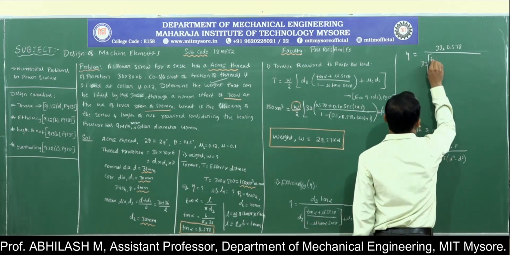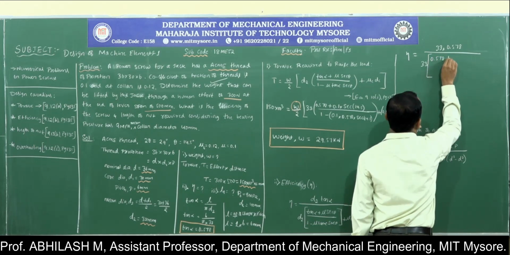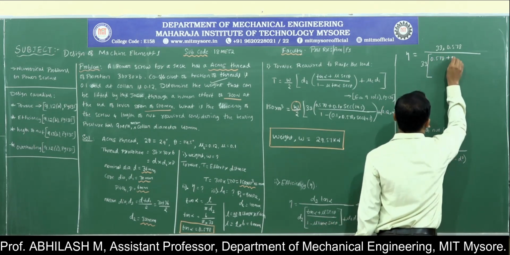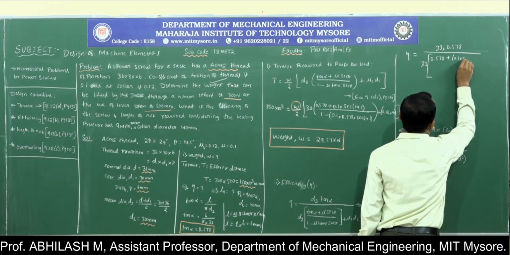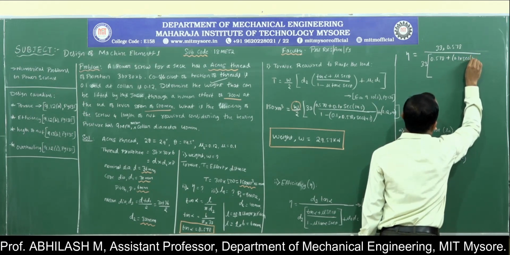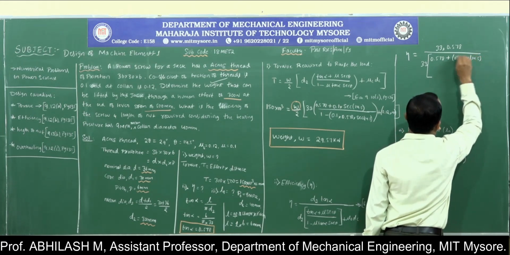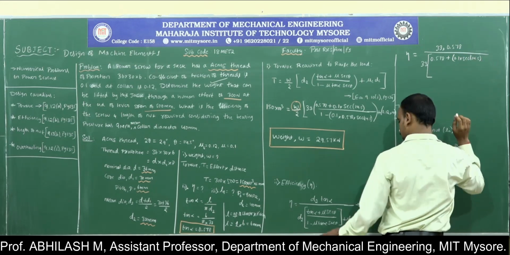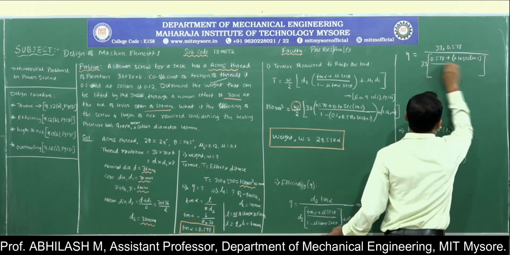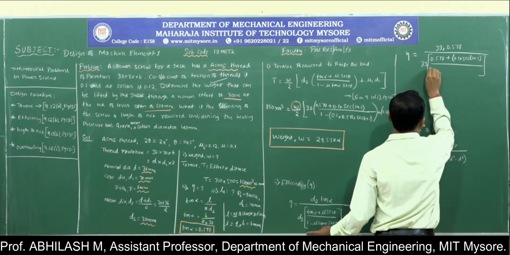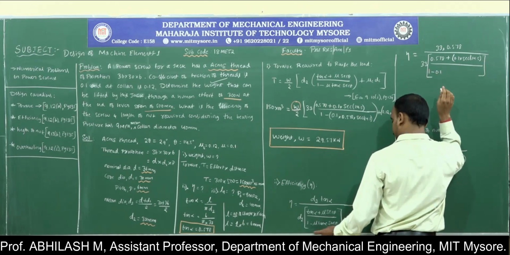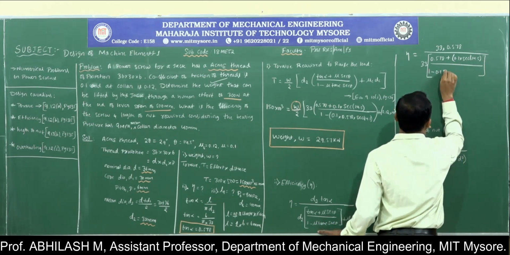So the tan alpha value is 0.578 plus mu is 0.1 into secant 14.5, divided by 1 minus mu, again 0.1, tan alpha is